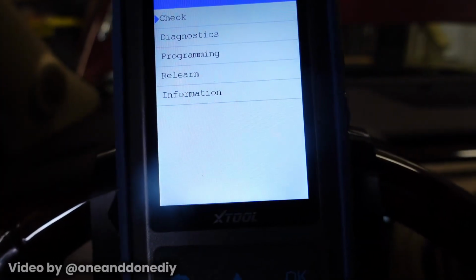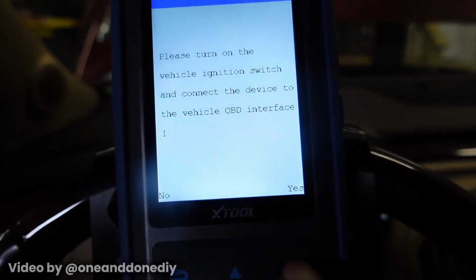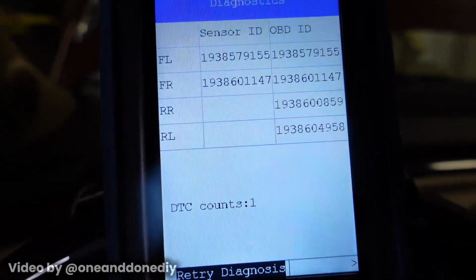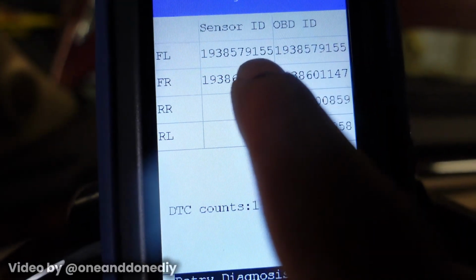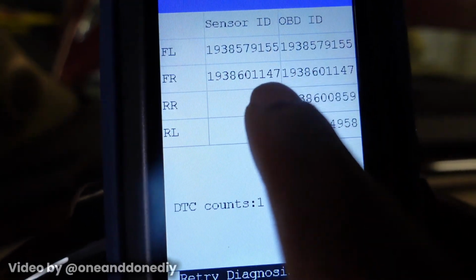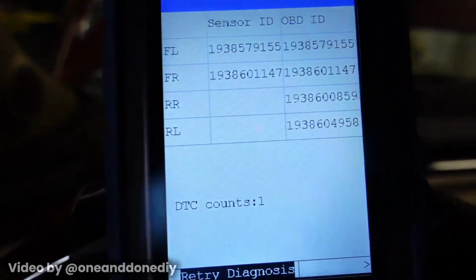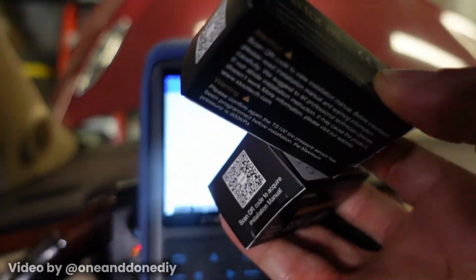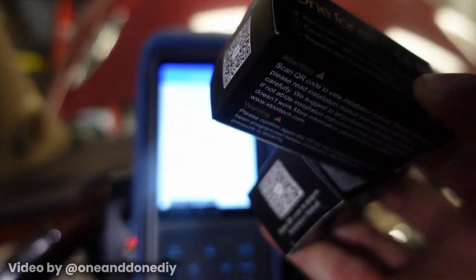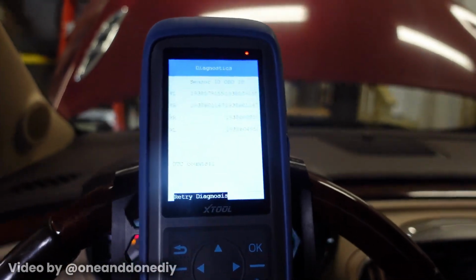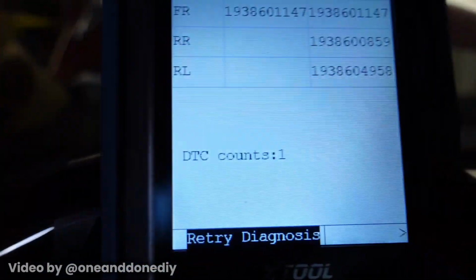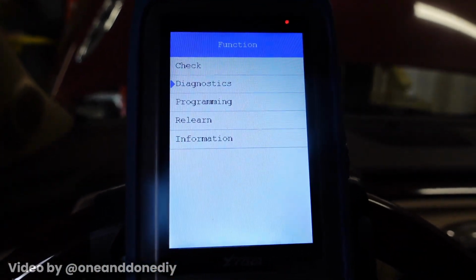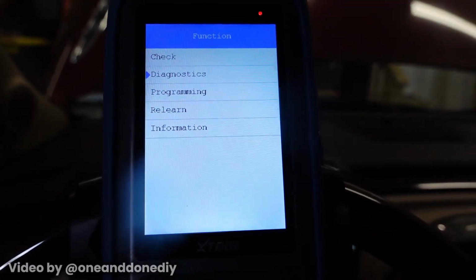I'm gonna try something here. I'm gonna start right from the beginning here. Communicating, let's start right from the beginning here. So yeah, we can see that the front left has that 155 number, and the front right has a 147 number. So we know that these two sensors right here are programmed, ready to go in this car with no problem. Just like that. All right, so now, if we go to relearn,